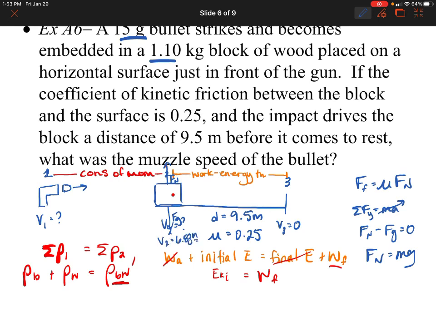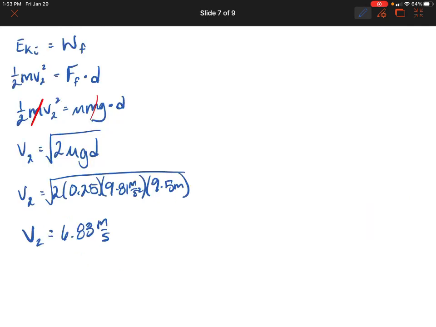This is 6.83. Of course, I'm just writing it to 3 significant digits right now. I'm not worried about the actual significant digits needed. And when I plug that into my calculator for the next part, I am going to use the full value on my calculator, not just 6.83. Okay, now I can go over to conservation of momentum from position 1 to position 2.